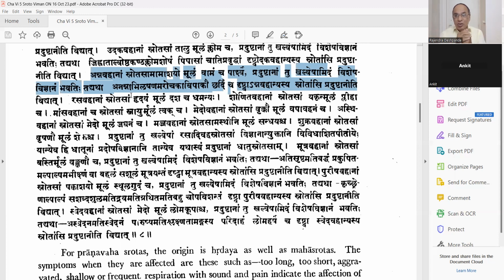For example, whenever there is jaundice, the patient says, since last 10 days, I don't want to see even the food. So much I get the nauseating feeling. I don't want it, doctor. No. This may be jaundice, a liver problem. The liver is part and parcel of the Annavahasrotas, Yakrita. Then, doctor, since last 2 months, I'm not feeling like eating, but I'm losing my weight. I don't know why. That may be the indication of tuberculosis, but the beginning may be in the Annavahasrotas.